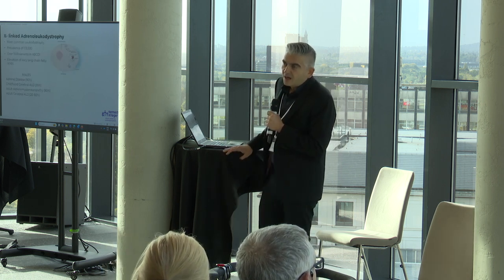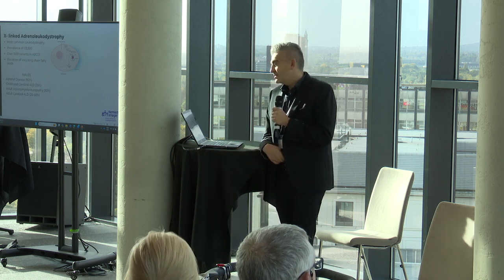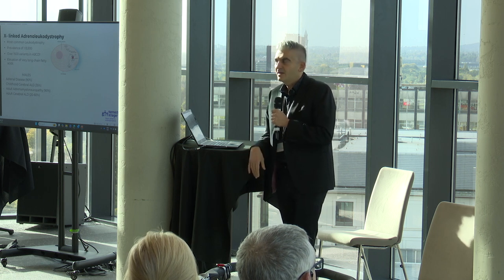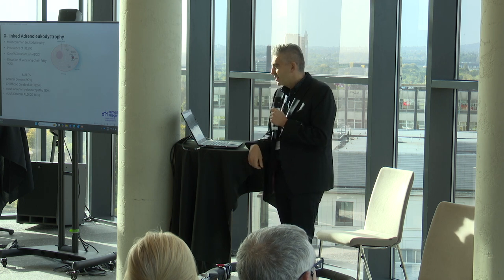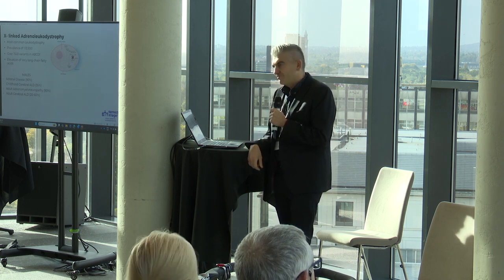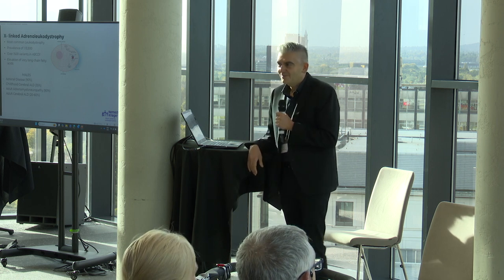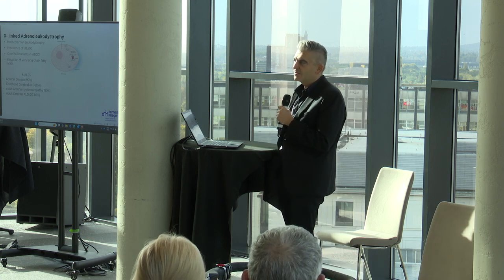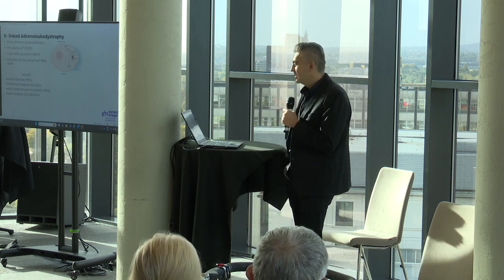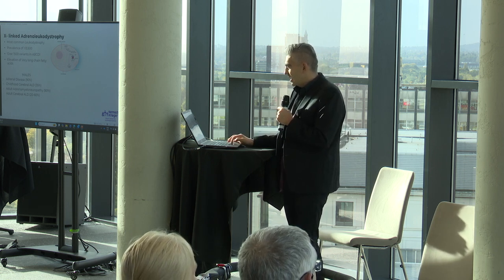So ALD is the most common leukodystrophy. When you combine the incidence of females and males affected, it's actually more 1 in 13,500. 1 in 17,000 is more the data coming from older studies. And it's all due to mutations, or we now call them more variants. I'm not a person of language, so I still prefer the word mutation, because variant just means a change, but we're talking about pathologic changes in the gene. And the gene is called ABCD1,